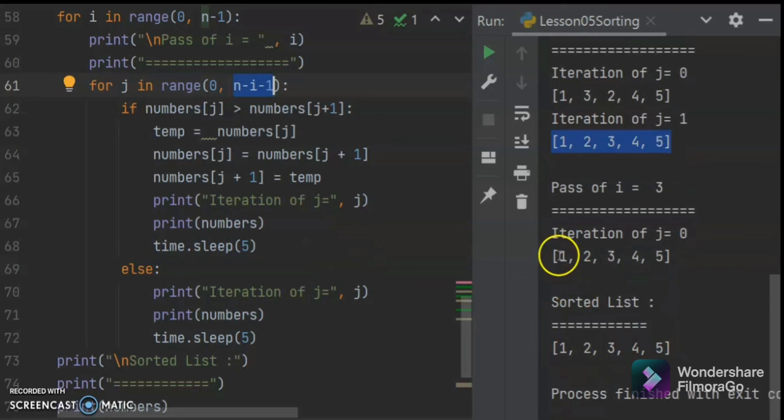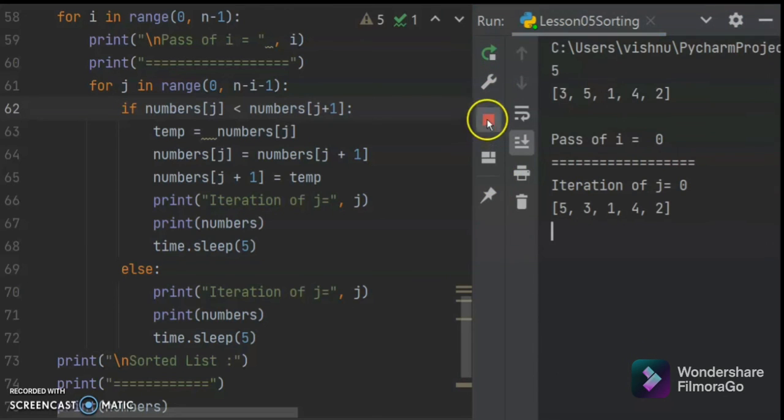Bubble sorting is nothing but comparing the adjacent elements and bringing the elements to the correct position, whether it is ascending or descending. This is an ascending sort, from smaller to bigger. If I want a descending order, you will compare: if the first number is less than the second number, then you will interchange. So if you run and see, it should come as 5, 4, 3, 2, 1.